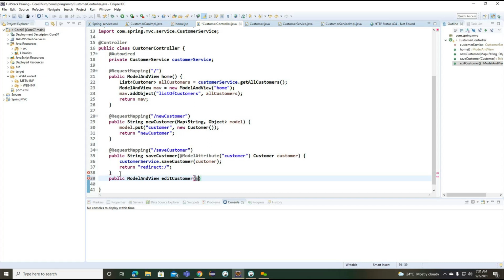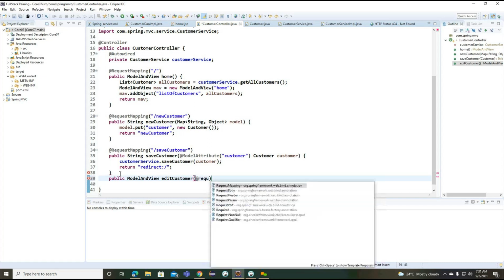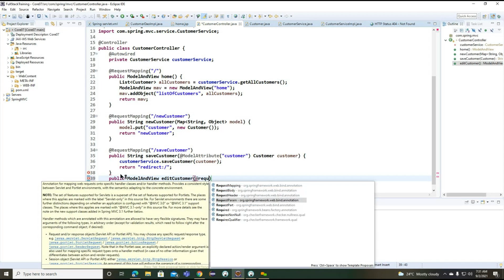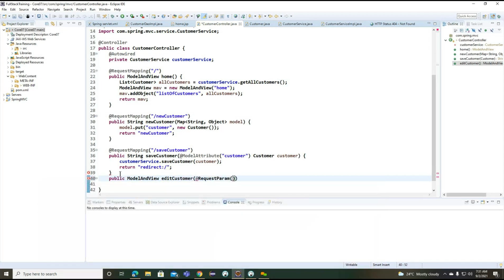How are we going to identify the ID? With the help of this request param. There is no name, right? Long ID.